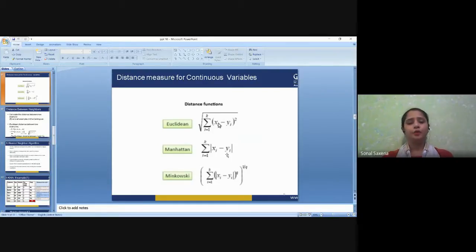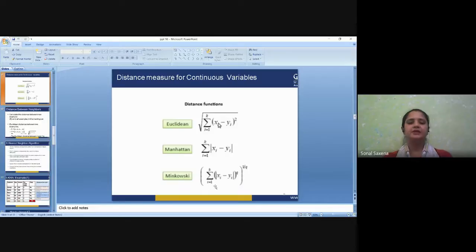Now, how am I going to decide the distances among the objects? For this we have three different distance measures. One is called Euclidean distance, which is given by the summation of all the x minus y coordinates, making a square of it. Similarly, we can have Manhattan distance, which is again x minus y and taking the mod of it. We'll only consider the positive distances here. We are not going to consider the negative ones.